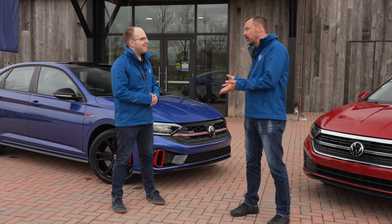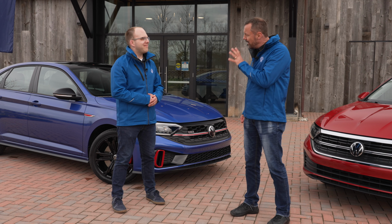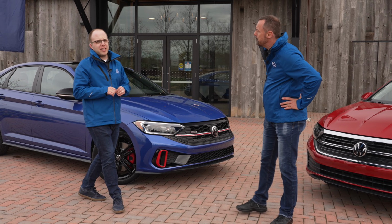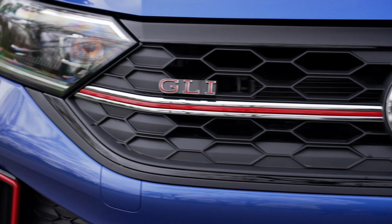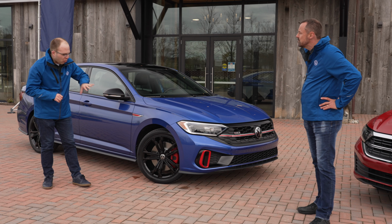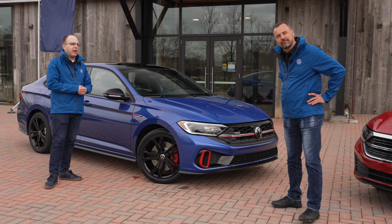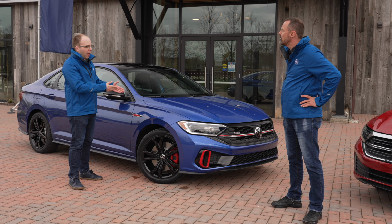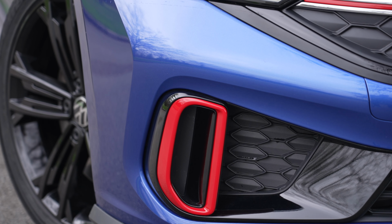But looks, it's important if you're getting a sporty car to get something that looks a little bit sporty, and this GLI does sort of crank it up a little bit over a standard Jetta. Tell me a little bit more about it. It really does. When we talk about the classic GLI sport elements, we've always had the red pinstripe in the front grille. We have the red badging throughout the car. We've got these great red brake calipers and a little bit more of a chiseled sporty look front and rear. And in fact, Thomas, it's even changed a little bit for 2022. How so? Up front, we have new red elements in the lower front bumper that give you that slightly sharper look that better